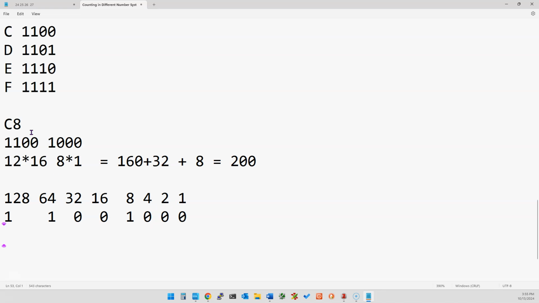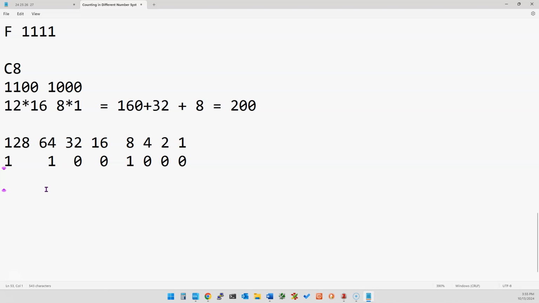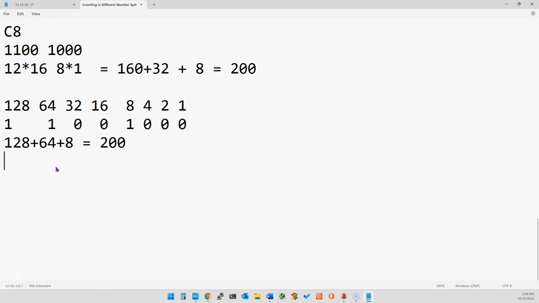Okay, so here's what I get to do if I want to do it this way. I get to add 128 plus 64 plus 8. 128 plus 64 plus 8 is 200. Okay. Right. So I get to add